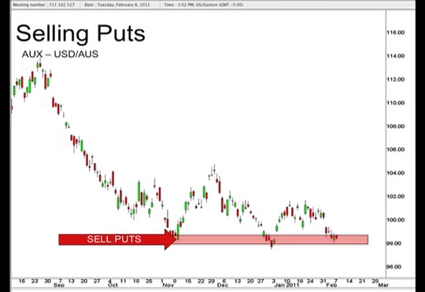So we're looking at this case. What we can see here is on three separate occasions, we saw the AUD slip down and test that 98 level, and each time we saw a subsequent bounce off of that. Now, we have to be cautious that there's not a follow-through to the downside, but what this is telling us is that this level is a key support, and over the last, in this case, we can see November and December, and in fact, January. So basically the last 3 months, the AUD has been holding strong there, which means each time we've seen a bounce. So if I sell put options somewhere down below that 98 level, there's a very high probability